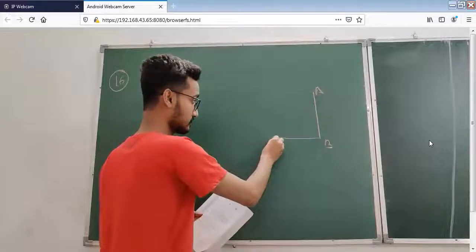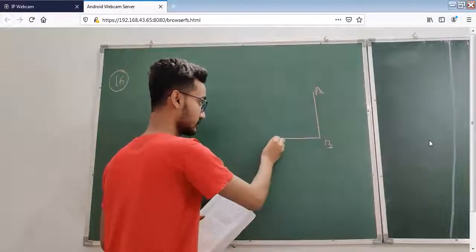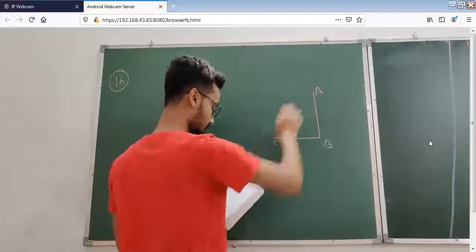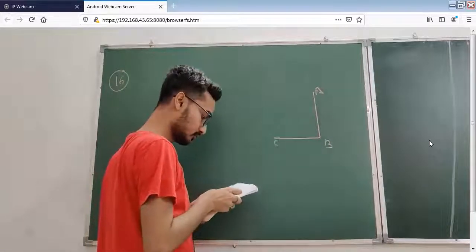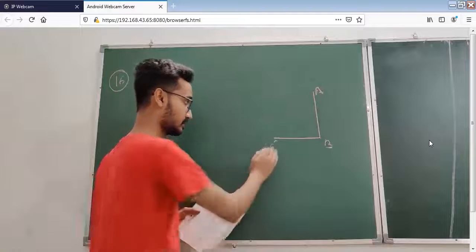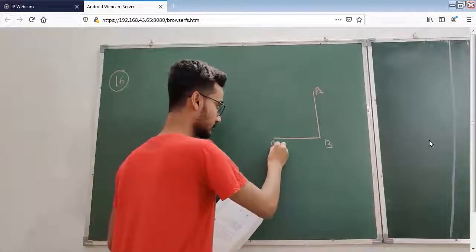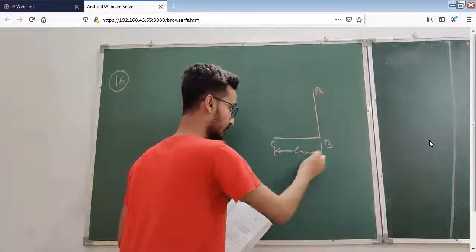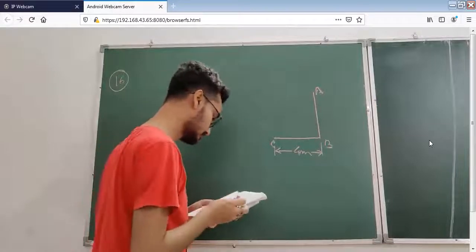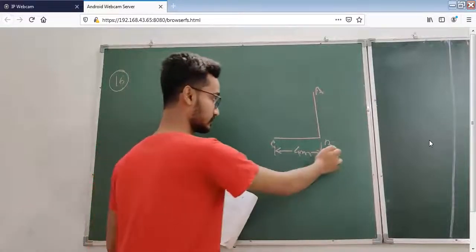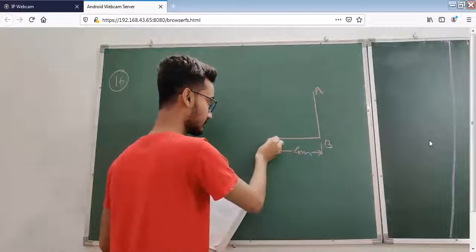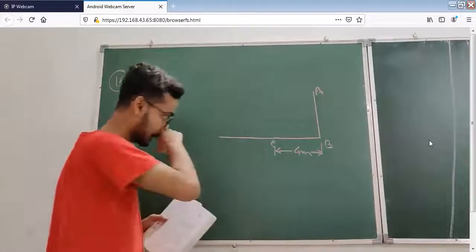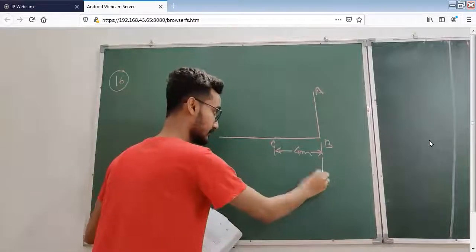Suppose one point is there, C. Now see, the angle of elevation of the top of the tower, that means the point A, from 2 points. Suppose this point is at a distance of 4 meter. And another point is 9 meter from the base of the tower. This is the base, this is the top. So another point is there, suppose point D, which is 9 meter from the base. That means this distance is given 9 meter.